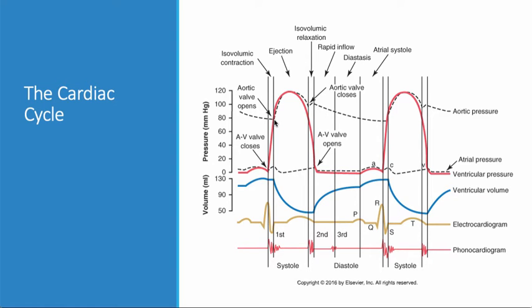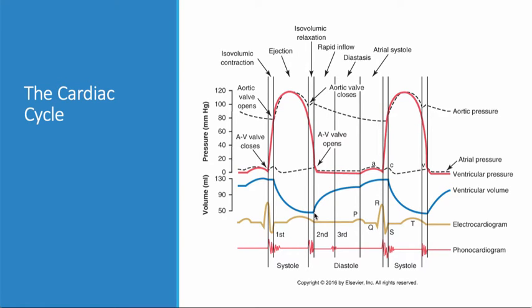Then when the pressure is greater than the pressure in the aorta, now the aortic valve opens and ejection happens into the aorta. And then this period of isovolumic relaxation happens when the aortic valve closes until the mitral valve, that's the AV valve, the atrioventricular valve, which we don't talk about in clinical medicine, opens and allows atrial filling. So notice there's two kinds of atrial filling. There's this passive atrial filling,